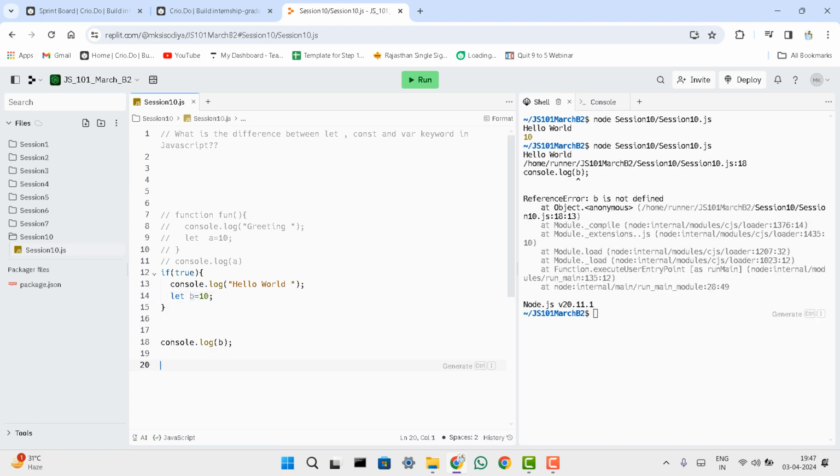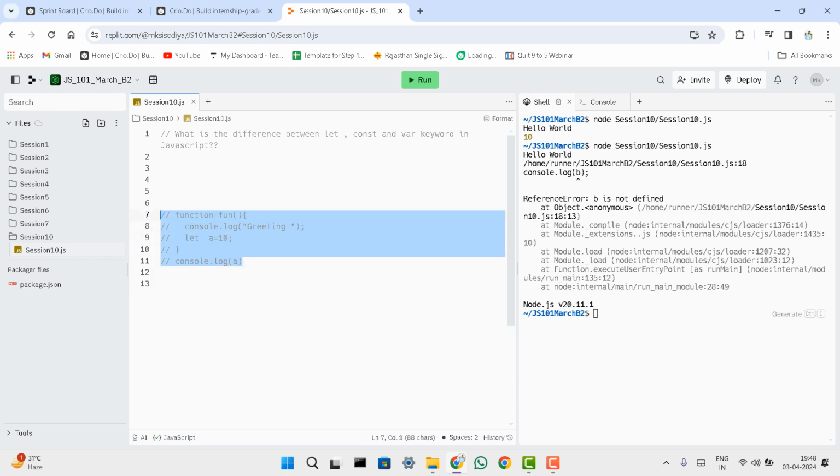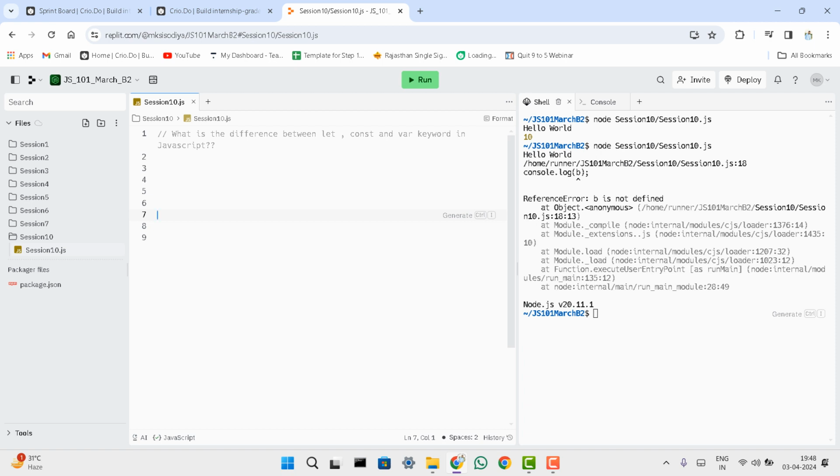It means that let and const are function scoped as well as block scoped, but var is not block scoped. It can print the value outside the block. And one more difference is hoisting. The var keyword supports hoisting, but the let and const keywords don't support hoisting. If I use a variable before its declaration or assignment, like this,